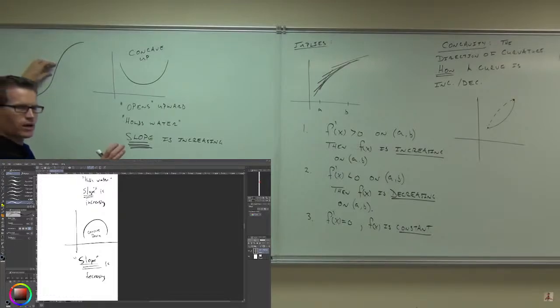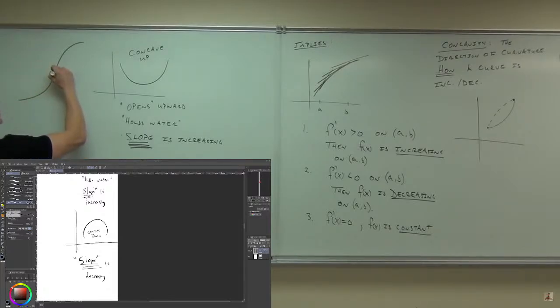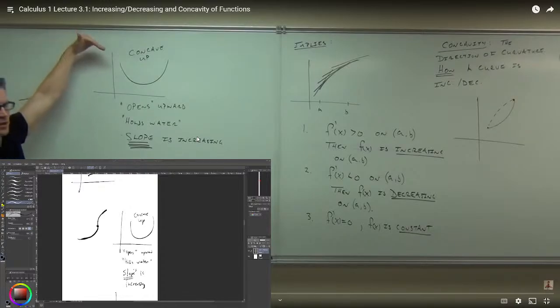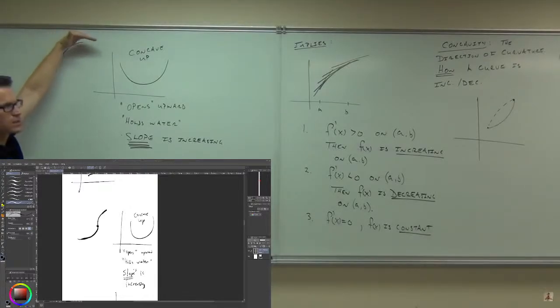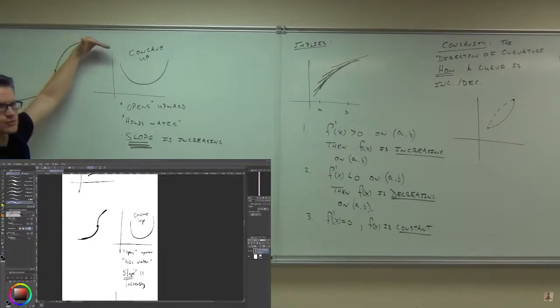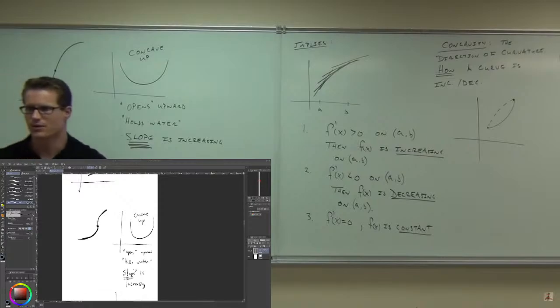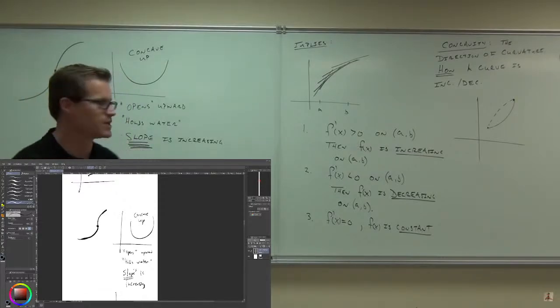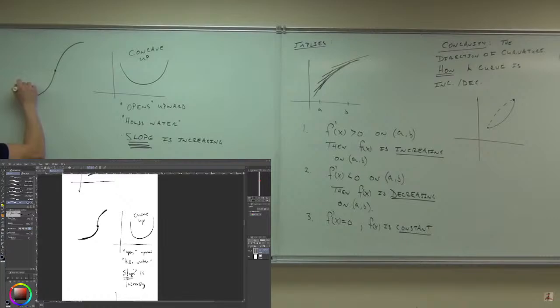Now, exactly where, I don't know, because I don't know the function itself, but it's going to be somewhere right about there. Right about there, we change. We change from holding water to being an umbrella, from being concave up to concave down, from the slope increasing, and slope dies off, decreases. Do you see what I'm talking about there? That changes from concave up to concave down. This would be concave up, concave down. This point,